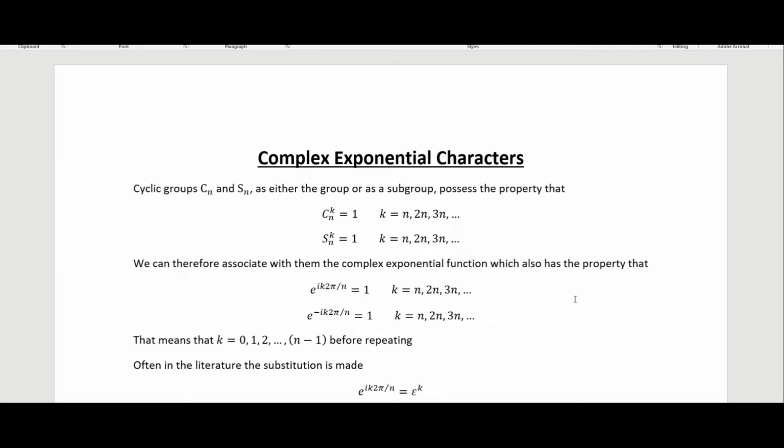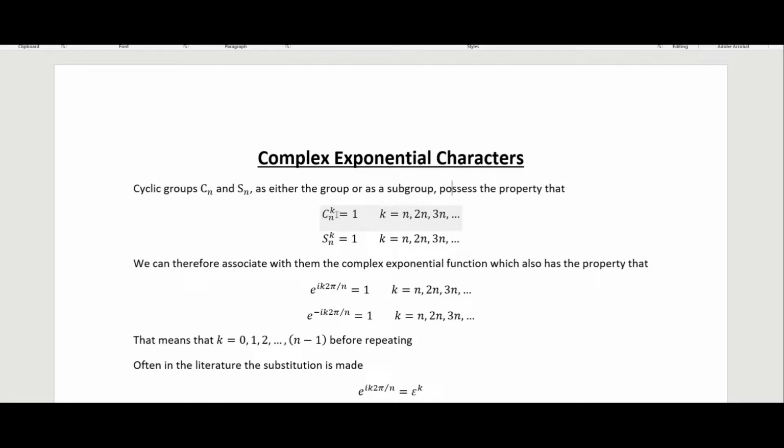So I wanted to explain these complex exponential characters in a little bit more detail. I covered this in my video on the C6H point group character tables, but here I'll cover it in a little bit more detail. So these cyclic groups, the C and the S groups, or subgroups if they are just part of a group,